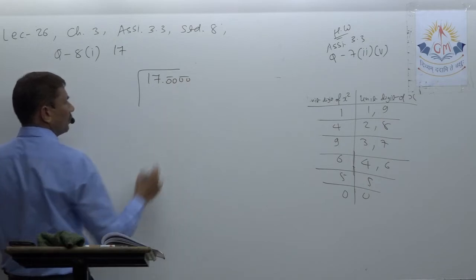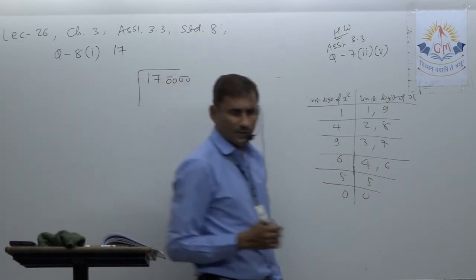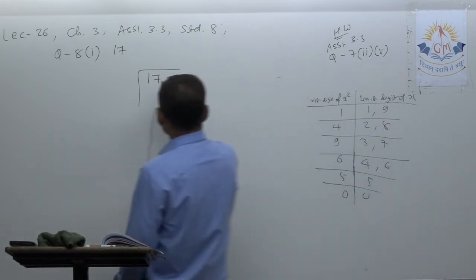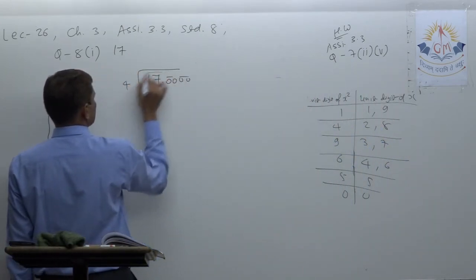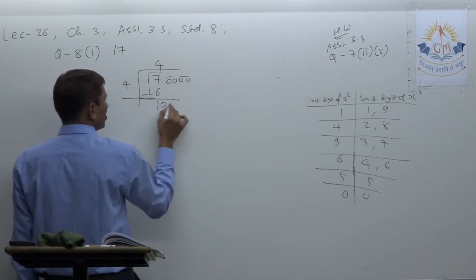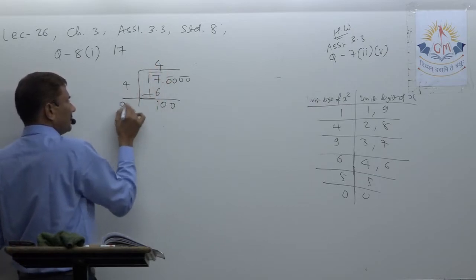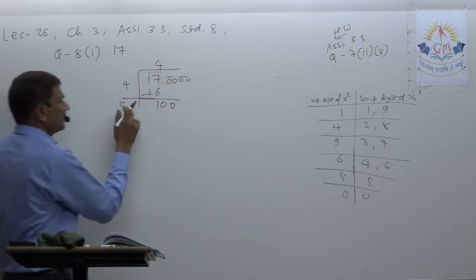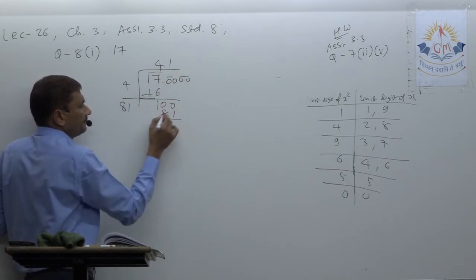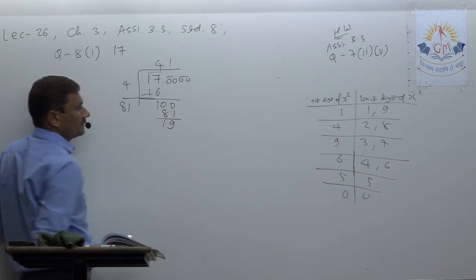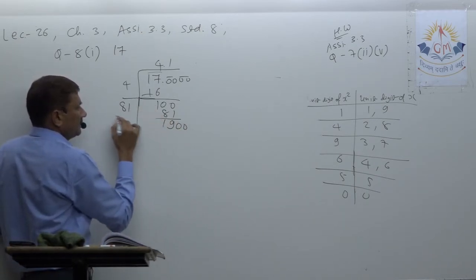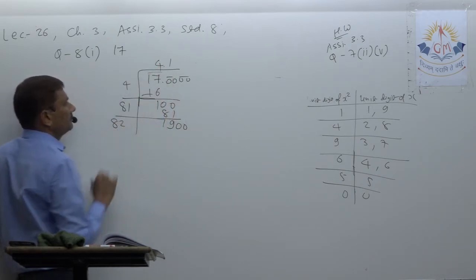I don't know up to how many decimal places we have to go. I just place here to group. So first of all it is 17, so write down 4, 4 4s are 16. 1. Okay, now write double of that, 8. So obviously it is 81 8, but in point. 81 into 1, 81. 9, what? 19 left. Now again double, 0 came there, and here double of that one is 82.